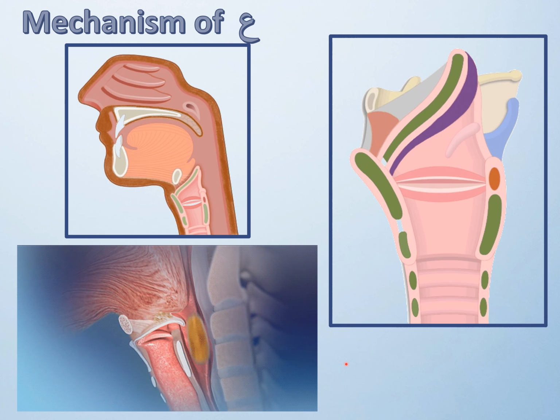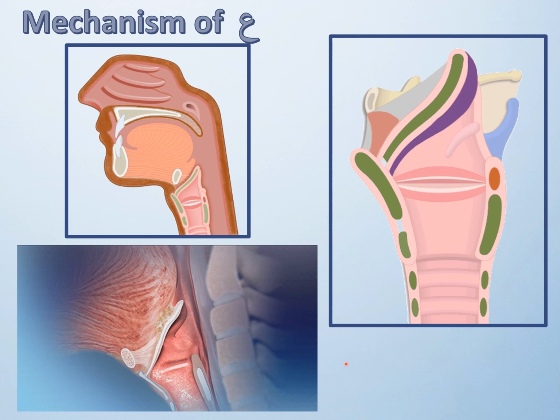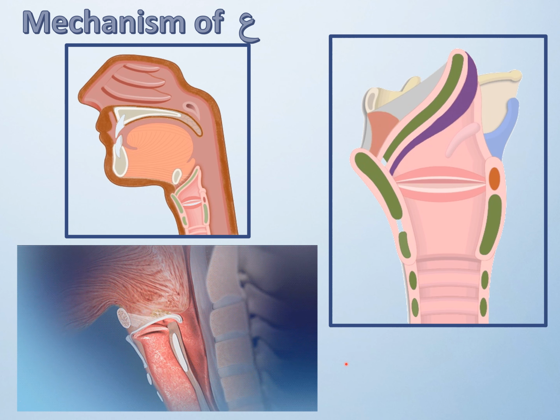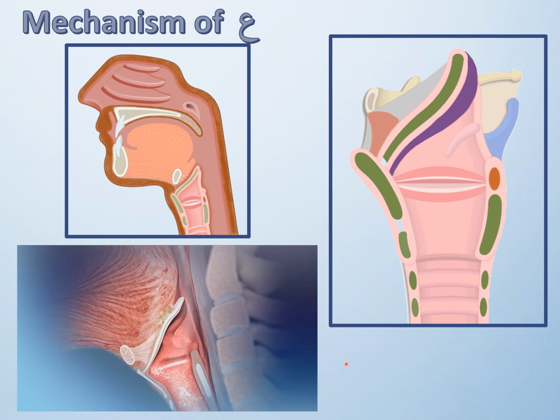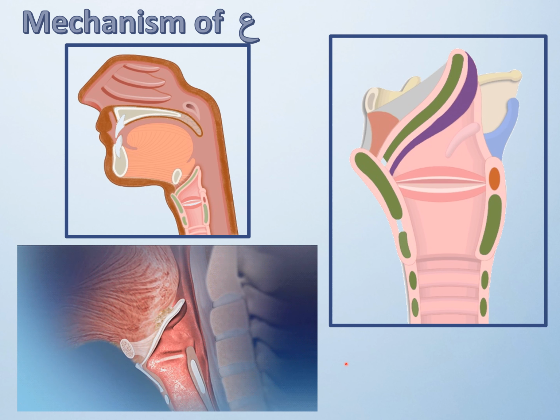You can see how the epiglottis naturally closes off the entrance to the windpipe, so that food and water doesn't go down the incorrect passage, and it goes down the correct passage. So bearing this in mind, when we pronounce Ayn, we're doing a similar swallowing mechanism to push back the epiglottis towards the back wall of the throat. So this epiglottis here, we're pushing it back towards the back wall of the throat,